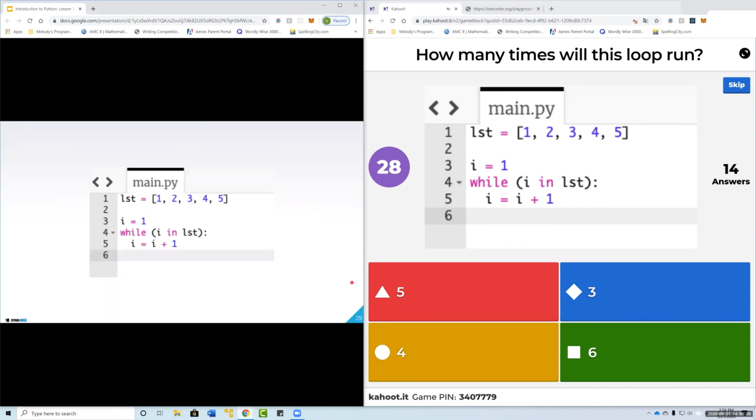Okay, I'm going to kind of review this as the Kahoot goes on. So the basic idea of this is while I is in the list, so while the value of I is in the list, we're going to increase the value of I by 1. And since I is 1, what it's going to do is find whether I is inside the list,